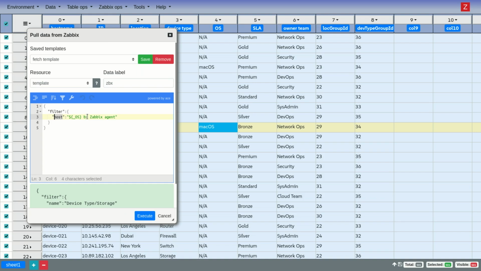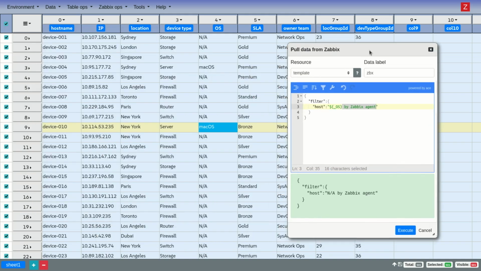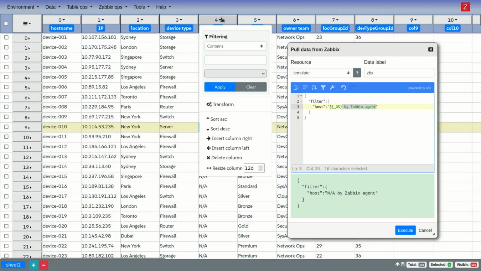We're searching for host, and it's being interpolated, the OS, and then we add this string, which is identifying the template name. Now, as you can see here, we have a lot of entries where the OS is not available, and we should filter these ones out